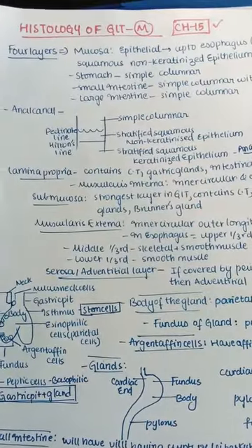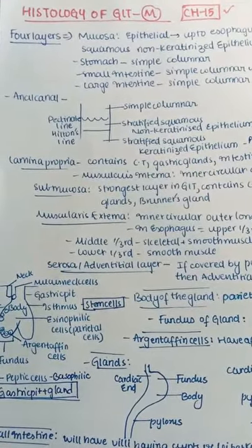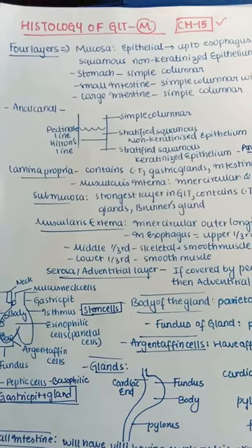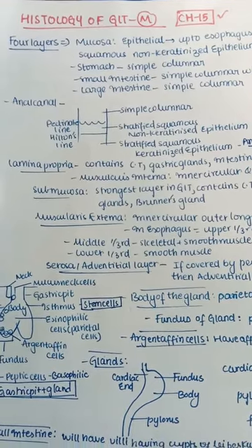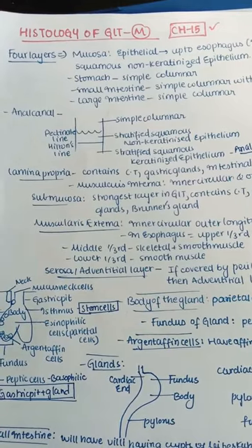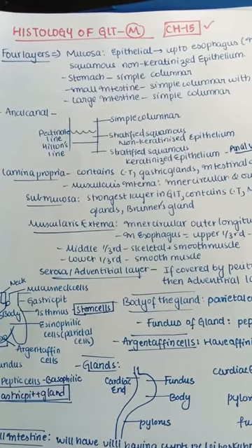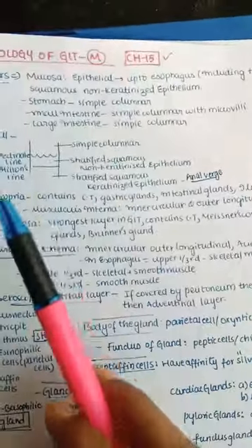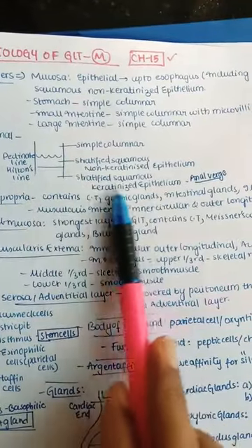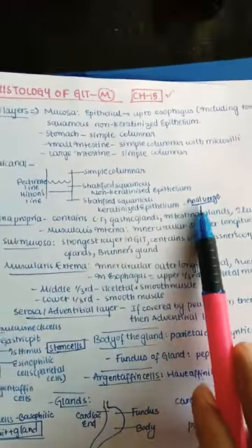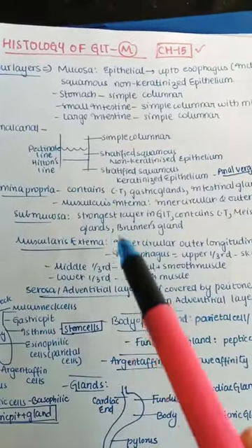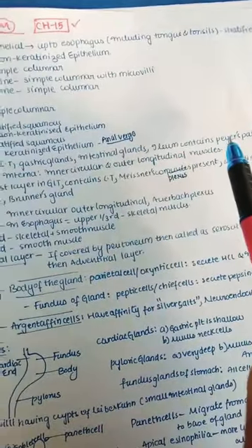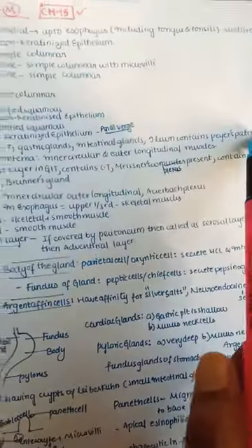The anal canal is divided by 2 lines, that is the pectinate line and the Hilton line. Above the pectinate line it is lined by simple columnar, and below the pectinate line by stratified squamous non-keratinized epithelium, and below Hilton's line, the white line of Hilton, it is covered by stratified squamous keratinized epithelium. So it's better to show it like this. Here you can check that below the Hilton line it is lined by stratified squamous keratinized epithelium, which covers our anal verge. The lamina propria mainly contains connective tissue, gastric glands, and intestinal glands, and in the ileum it mainly contains lymphatic nodule aggregations, that is Peyer's patches.